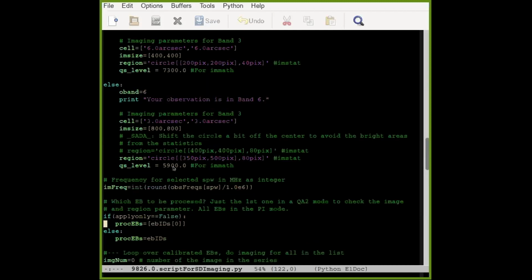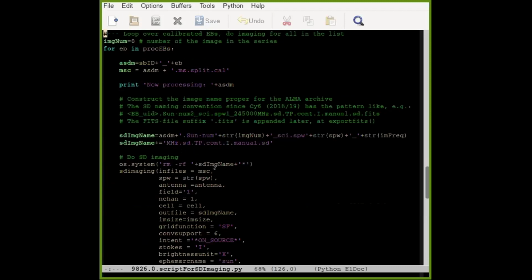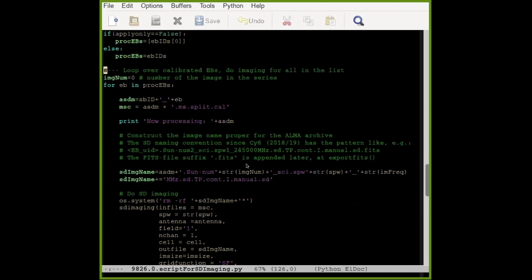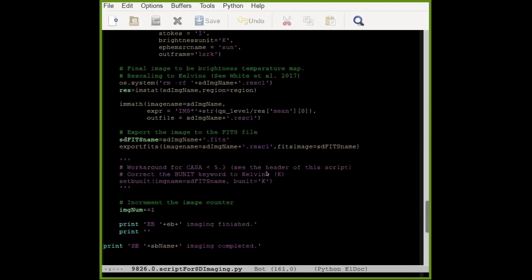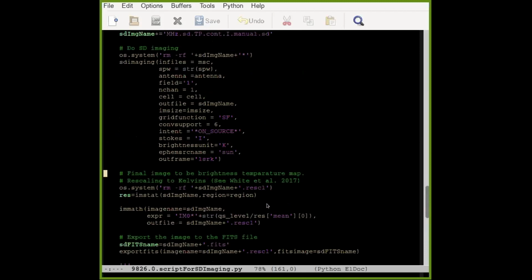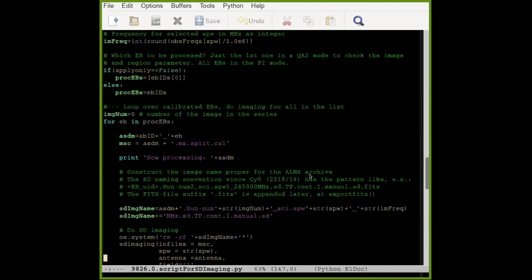So these are the model temperatures for quiet sun regions, and here we select some region near the center, and in that region we do statistics, and for this average is attributed this value. Yes, so this is how we put the absolute value to the total power data. Otherwise, the calibration and imaging is done by standard imaging task. Nothing really different to